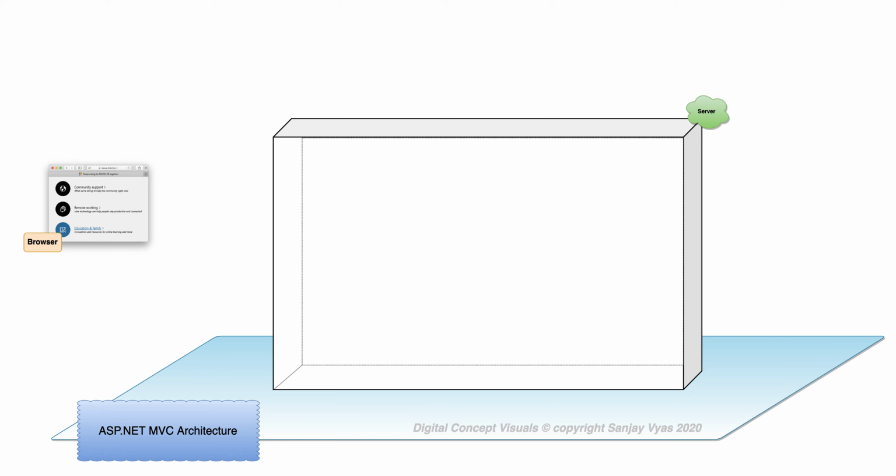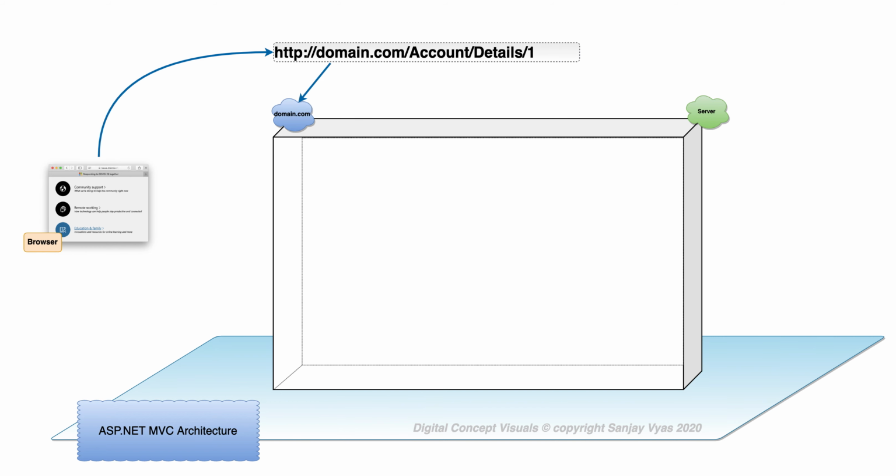A browser which needs to connect to it will have a URL. This URL will give us the domain name and rest of the URL, which is kind of a giveaway that this is an MVC application, as we'll see soon. The browser loads the URL and it's taken to the server, which is domain.com. The server is running a web server, maybe like IIS, which receives the incoming connection from that browser. So what happens next?